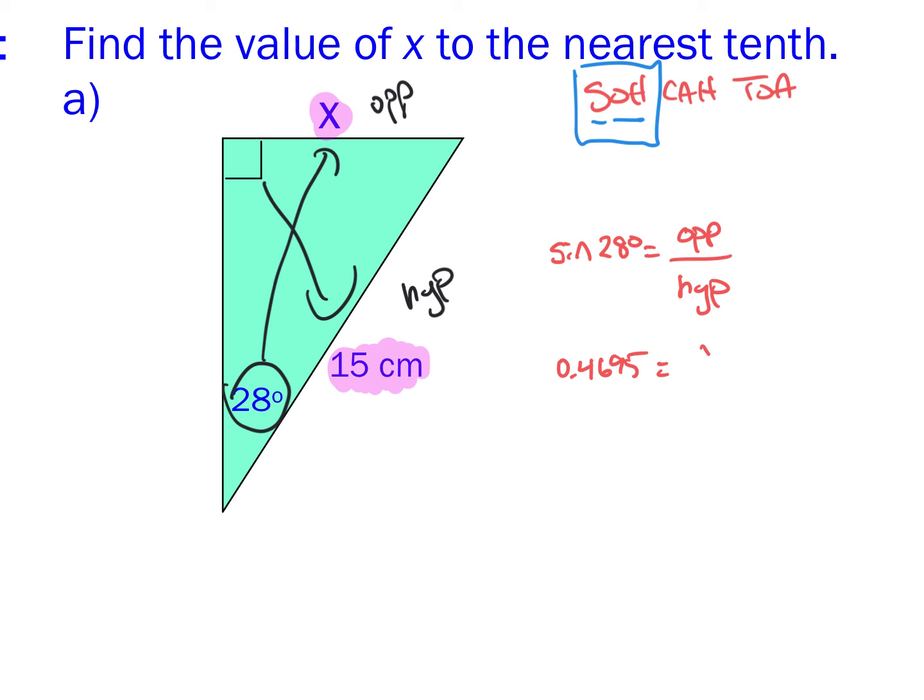The opposite is our x. The hypotenuse is our 15. And we are going to drop a 1 below the decimal. And then what we're going to do is cross multiply. If we cross multiply, we get 1 times x, which is x, and 15 times